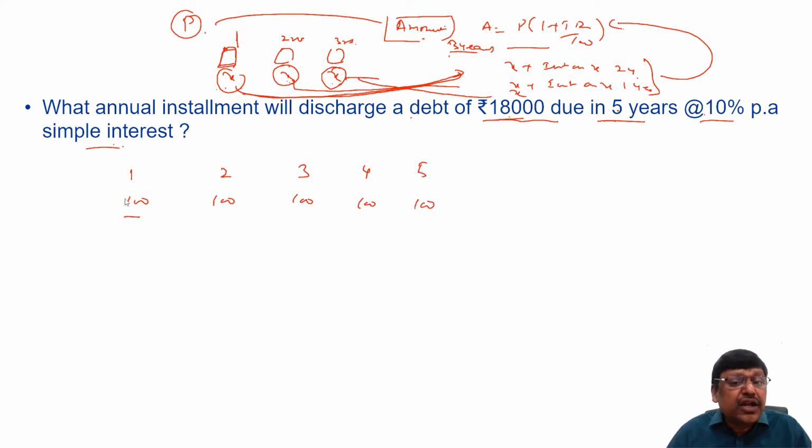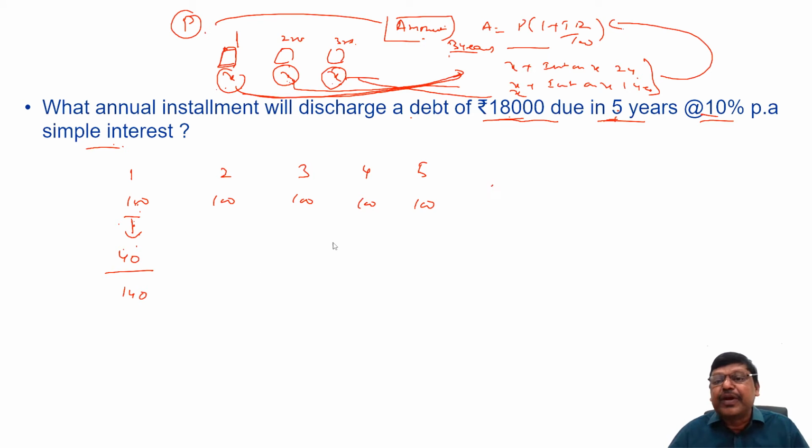Now this is paid at the end of first year. But the amount is due in 5 years, so this is paid how many years before? 4 years before, which means to this I should add 4 years interest. Rate of interest is 10% per annum. 10% of 100 rupees is 10 rupees. If I add 4 years interest, it will be 40, which means this 100 rupees is worth 140 at the end